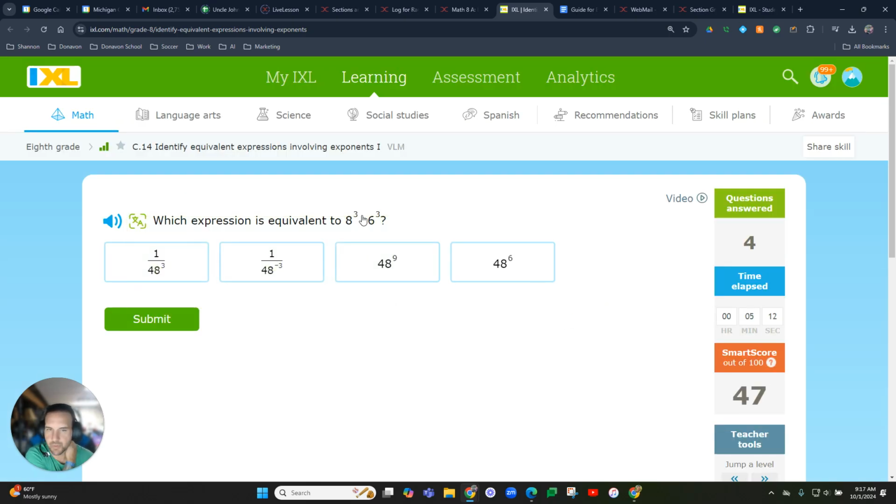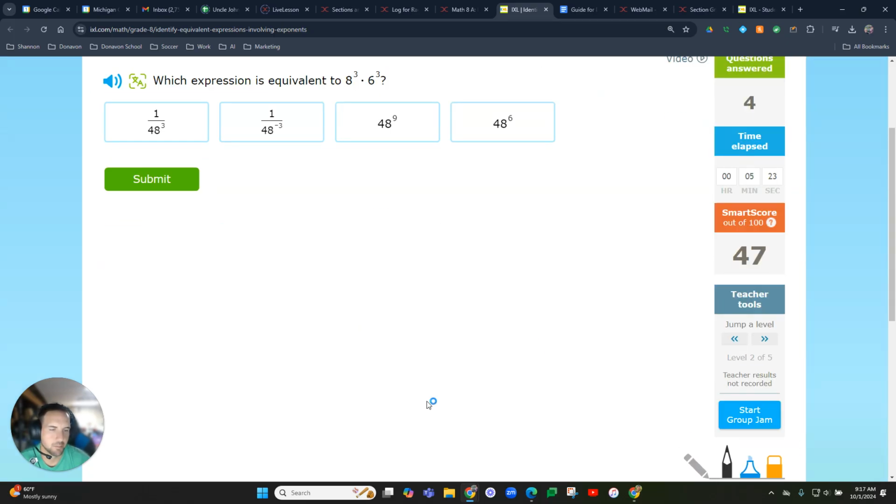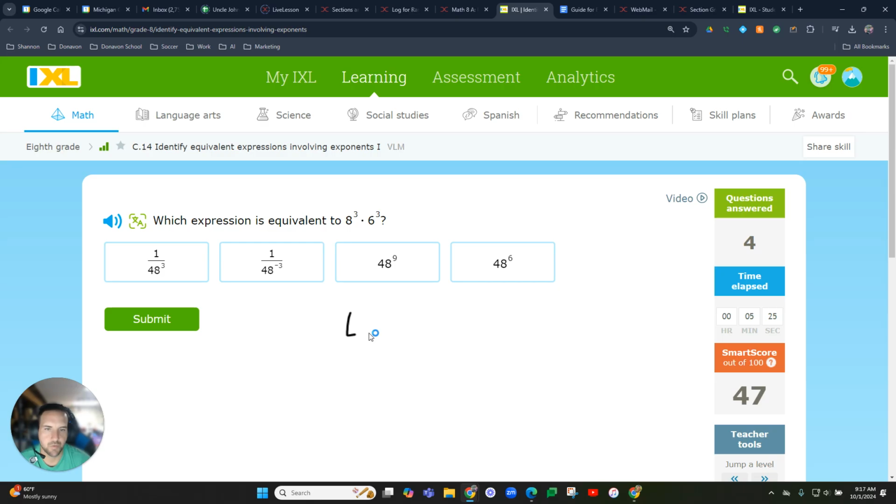All right, so same situation. We have different bases, but the same exponent, so we can multiply the bases. So 8 times 6 is 48. Whoops, gotta click on my little button here. All right, so 8 times 6 is 48, so our answer should be 48 to the 3rd, but notice that